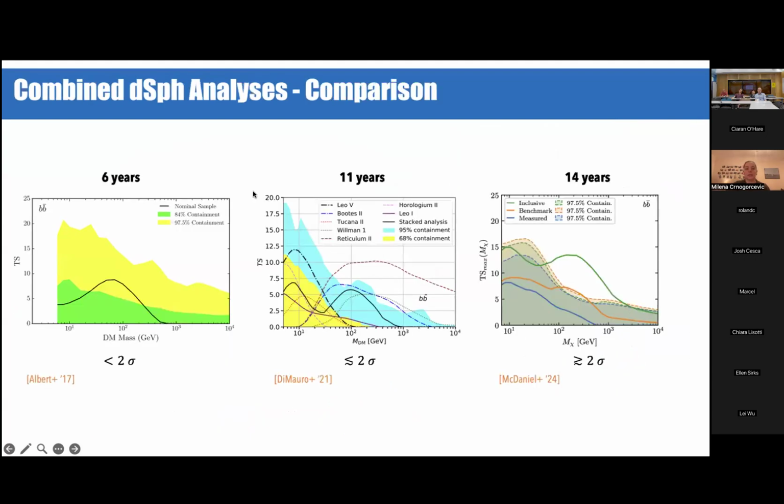Now, this is what it looks like in comparison when thinking about the different Fermi-LAT collaboration results. So in 2017, the Fermi-LAT found, well, I wouldn't say found, but identified a statistical significance of less than 2 sigma. As we increased the number of sources and exposure, it reached about 2 sigma. The last paper from the Fermi-LAT collaboration indicates that this is steadily increasing